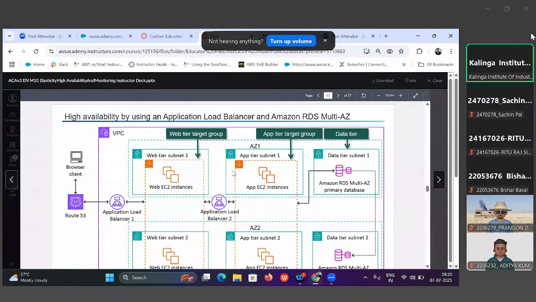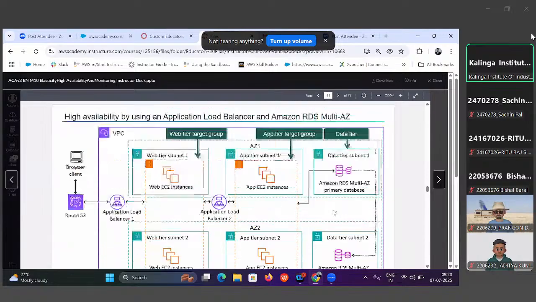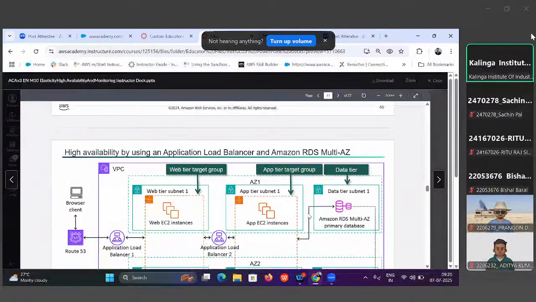तुम्हारा एप्लीकेशन टायर के अंदर ऐप EC2 इंस्टेंसेस हो सकते हैं, और वेब टायर में भी वेब इंस्टेंसेस तुम क्रिएट करते हो, तो इंस्टेंसेस जनरली हर जगह ऑपरेट होता है। एक्चुअली इंस्टेंसेस क्या है, सर्वर। जो भी एप्लीकेशन होगा सर्वर पे जनरली रन करते हो तुम एट द एंड, है ना। सर्वर बेस्ड हो सकता है या सर्वरलेस हो सकता है, लेकिन सर्वर तो रहेगा तुम्हारा, है ना।